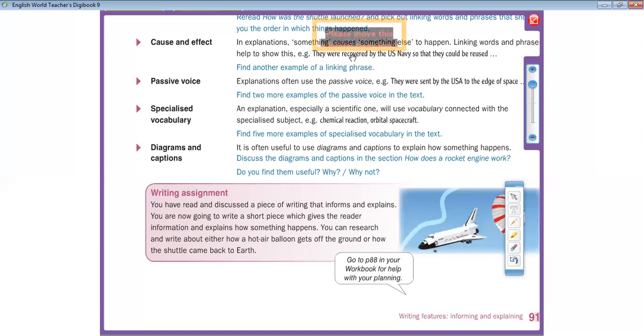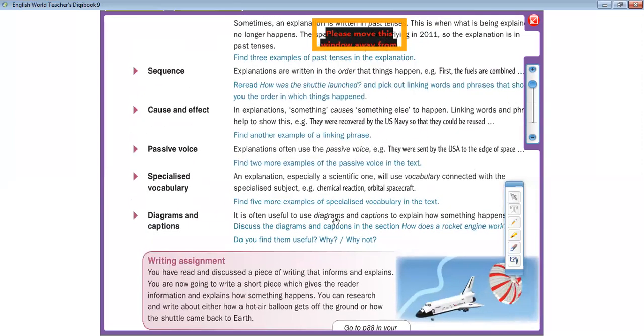Also, we can use the linking words. Don't forget. أرجع بعيد وبذكر. We have